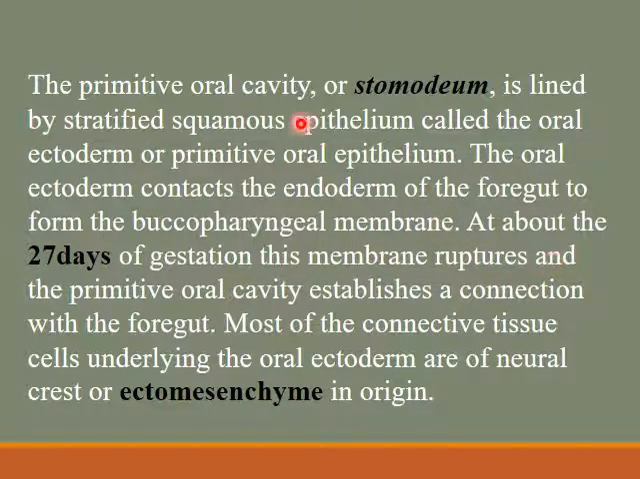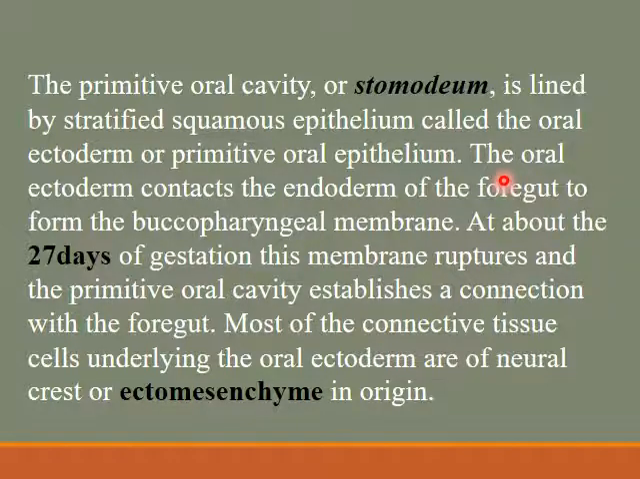The primitive oral cavity, called the stomatodeum or stomodeum, is lined by stratified squamous epithelium called the oral ectoderm or primitive oral epithelium. So the primitive oral cavity during embryogenesis is composed of the surface layer, which originates from the ectoderm, called oral epithelium, and the layer below the oral epithelium, which is from the